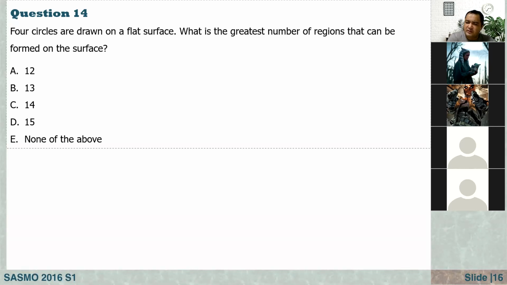Raul, if you remember, we did some similar questions. Like on a flat surface, how about if you draw a circle and a triangle? And how about a circle and a rhombus, and a circle and a rectangle, for example, a circle and any quadrilateral. But here the question is, how about if we draw 4 circles? What is the greatest number of regions that can be formed on the surface? Okay, time starts. Now you have 1 minute and 48 seconds. Selin, try to do this on paper. Don't guess.